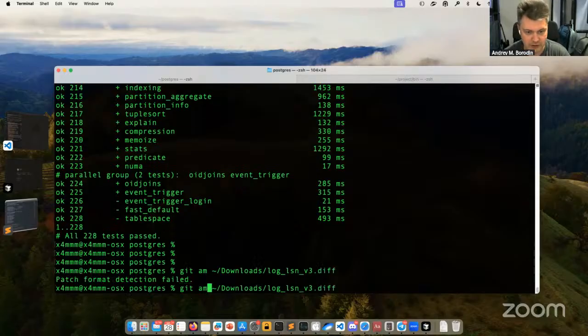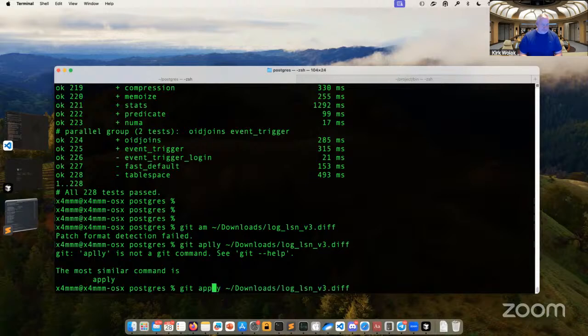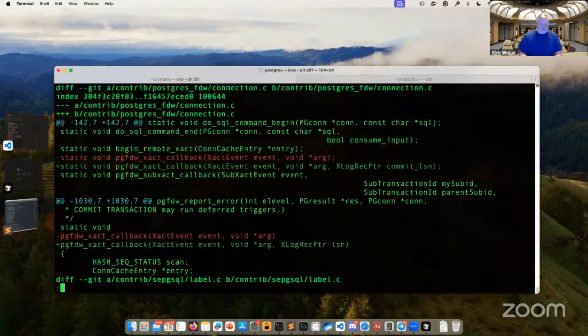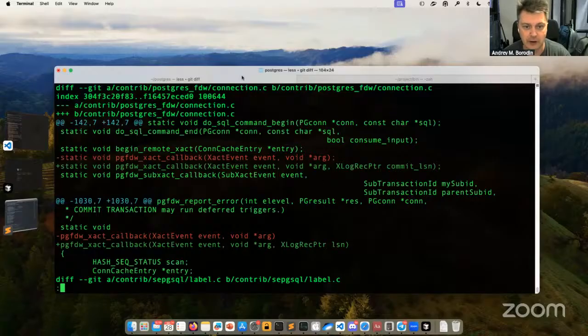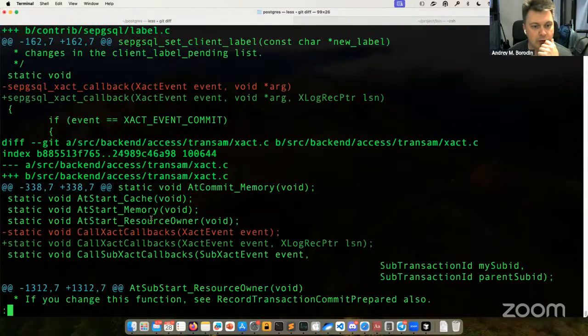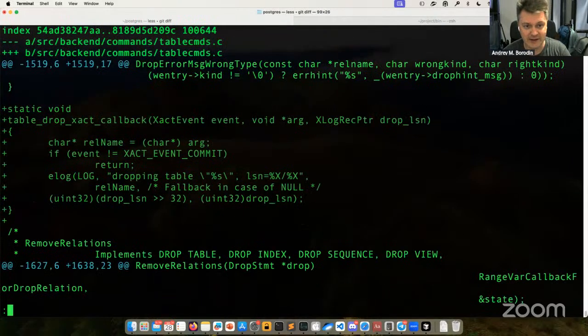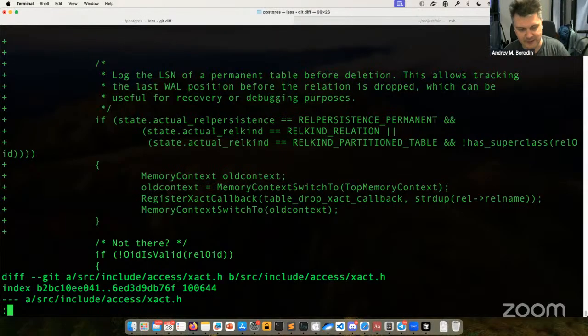Oh, it's not patch, it's just a diff type. Yeah, two P's, one L. So here's our version, and what's good about it? It is extending core code to make callbacks of a transaction and actually receive the LSN when the transaction was committed or aborted or ended for some reason. That's what we did, actually using some kind of vibe coding, I do not remember.